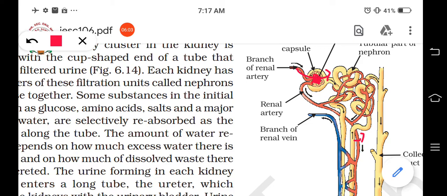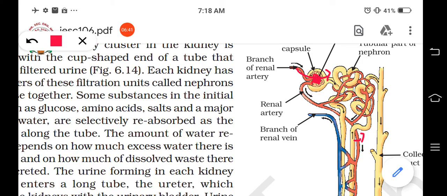So this process is known as tubular absorption. What is it? Tubular absorption. Why is it known as absorption? Because the body is taking it back. Otherwise what will happen? Many useful things like salts, water, glucose, etc. will pass out in the urine if they are not absorbed back into the body. Understood? So this is the process that reduces the amount of glomerular filtrate and concentrates the urine.